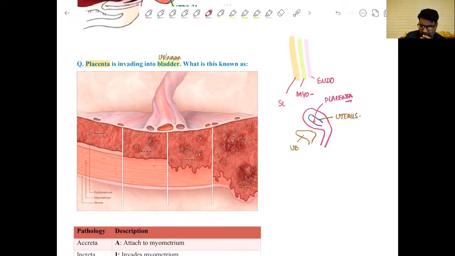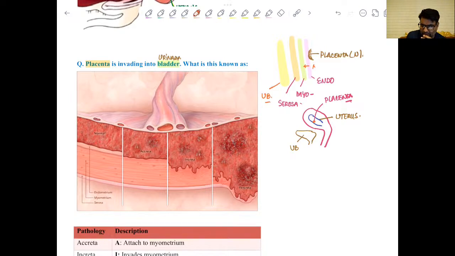And anterior to this we will have the bladder. So here is the bladder wall. Clear? So this is the urinary bladder wall. Now normally the placenta should stay like this. This is the normal. Clear? Sometimes it can reach up to